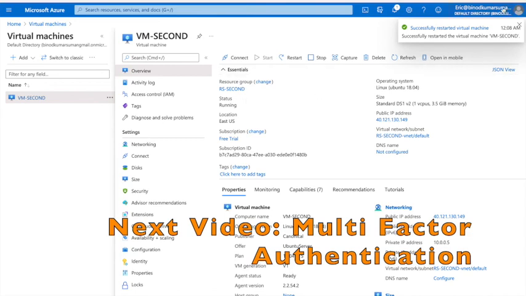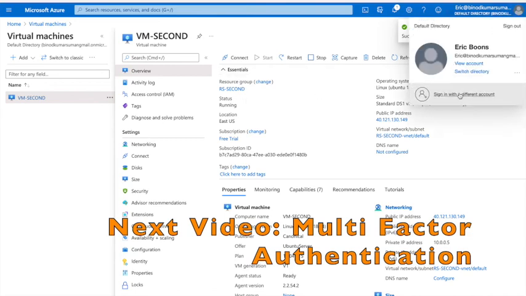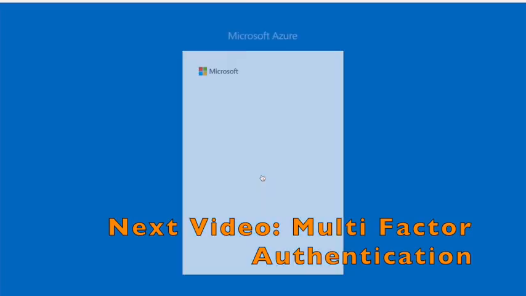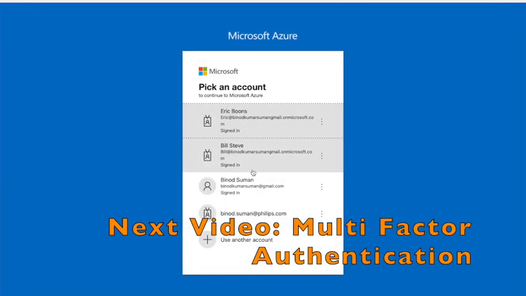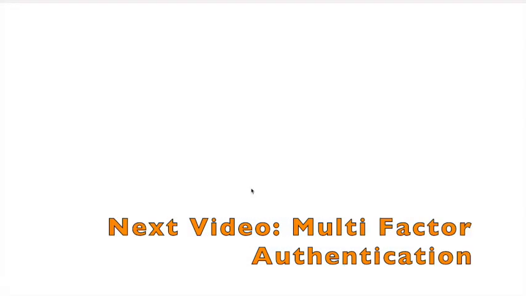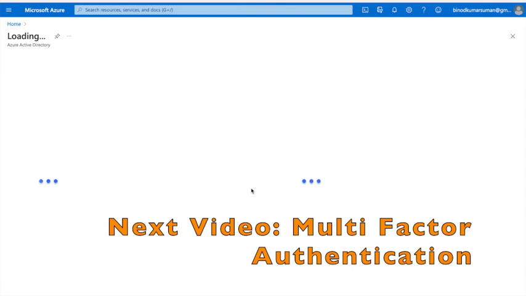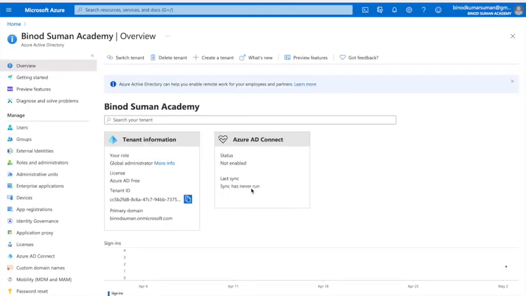Okay, now come back to my original account, the first account. In the next video I am going to show how to use multi-factor authentication for the users.